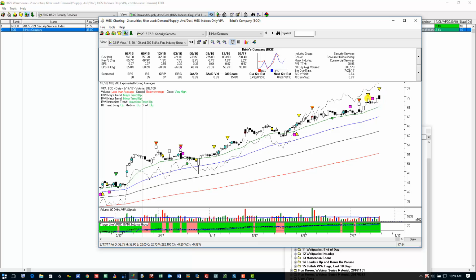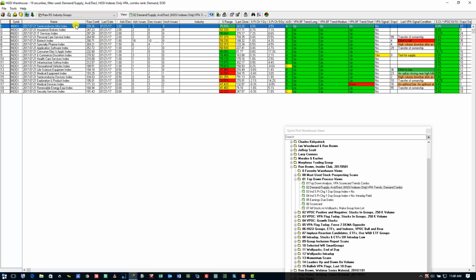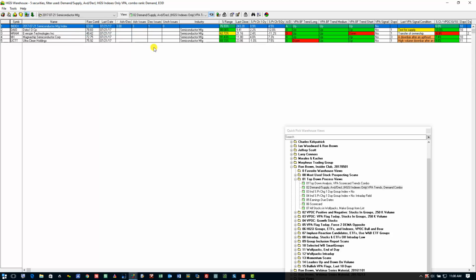We're getting a few negative VPA flags here, but the group is up, and this is a powerful looking chart. This is just one example of the kind of stocks that you're going to find in here that you may not find anywhere else. Let's go up to the semiconductor manufacturing and change to this,